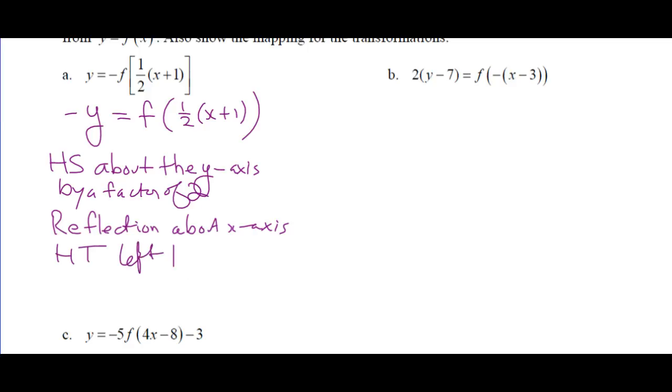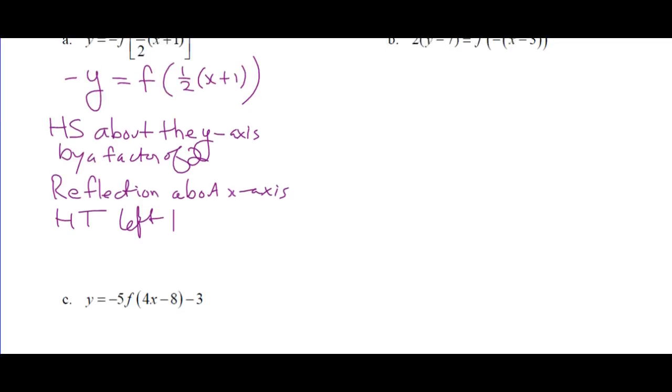I'm just going to write what you say, so it's not right. Okay, now we need to do the mapping, which we're going to do in one fell swoop. If you want to do it in a number of steps, please do. You've got to do what makes sense to you. If you just want to say, I'm going to take x, y, I'm going to do the horizontal stretch, the reflection, and the translation, and I'm going to get these four things, by all means do that. Okay, so x, y becomes